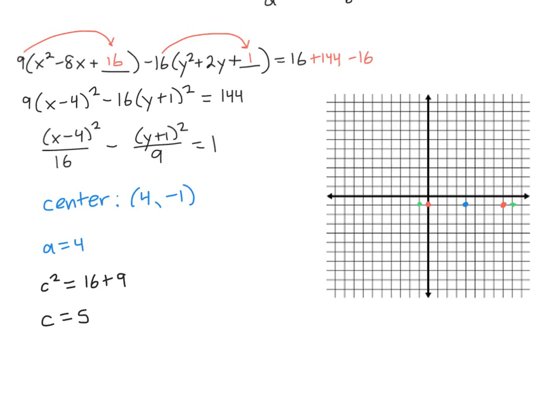And then for a hyperbola, it's important for us to know the general shape of each part of your curve, and for that we do need our asymptotes. So remember, we can then use our B value to help us make that slope box to draw our asymptotes. So our B squared term is 9, which means that B is 3. So from the center, we go up 3, and there's a little guideline, and then down 3, and then we connect that with where our vertices are, and then that gives us our slope box. So our asymptotes are going to go right through the corners of that slope box,